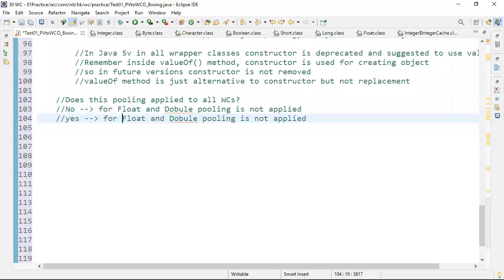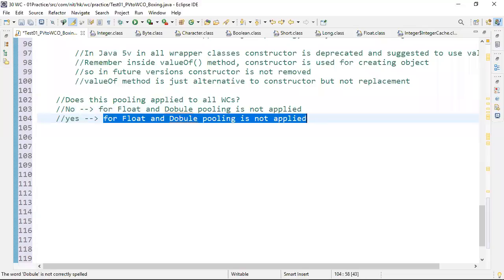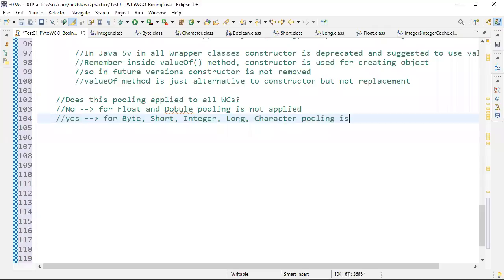For byte, short, integer, long, and character, pooling is applied up to the byte range value.